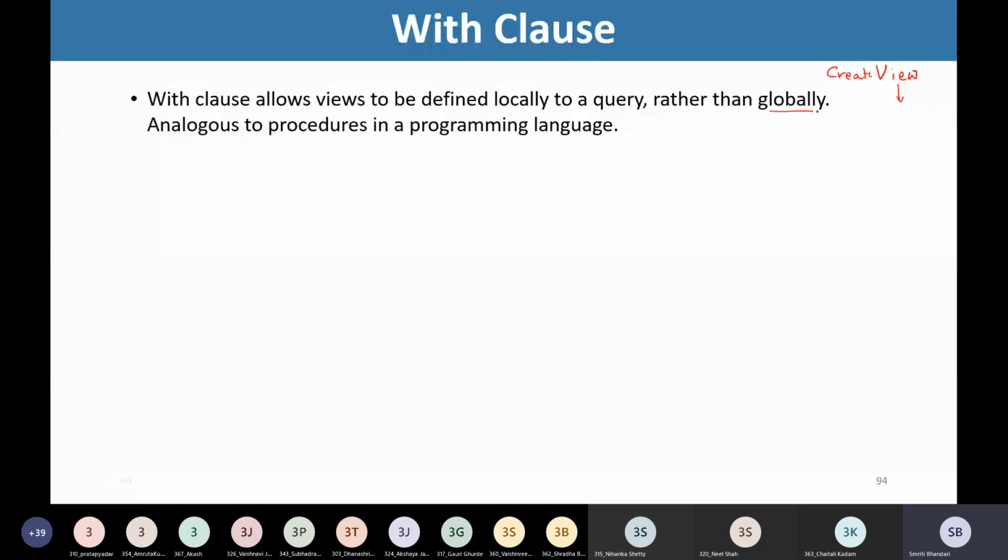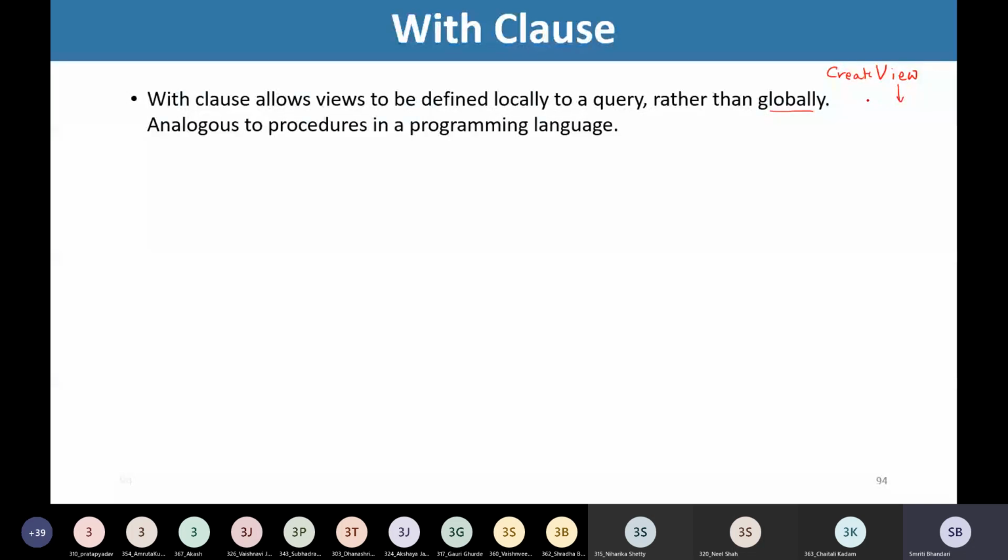So a view is defined globally, because once the view is created, it is available to write any query based on that particular view. So we are saying that the views created by making use of the statement create view are global.